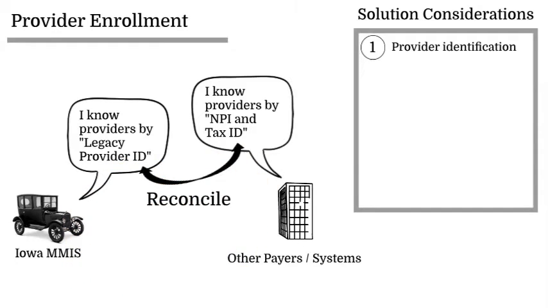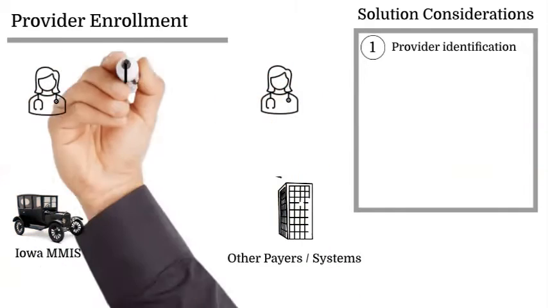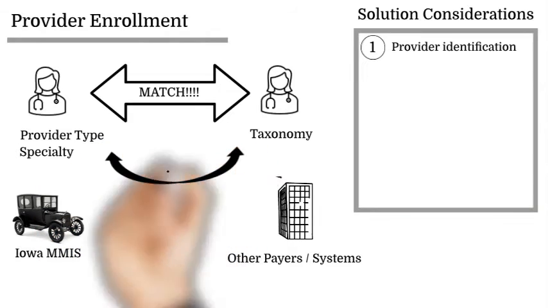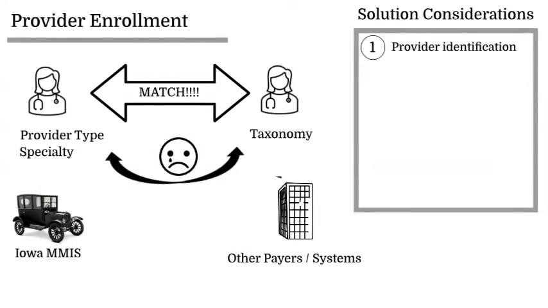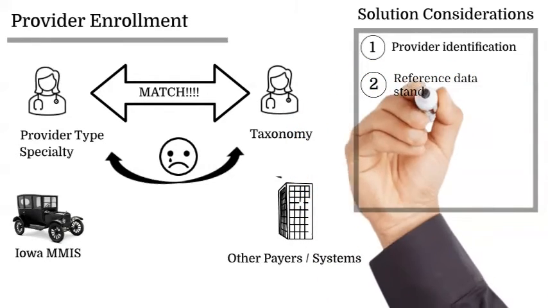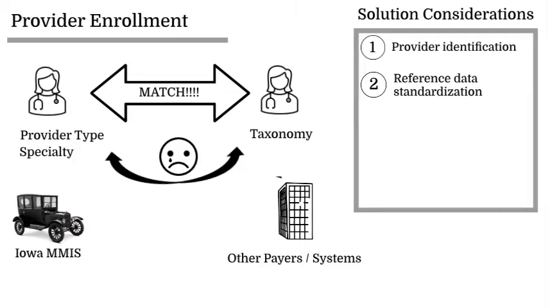Further exacerbating our data quality issues, even if we can match provider records between systems, there is no standardization between how Iowa Medicaid captures taxonomy or service information from providers and how the MCOs capture it. The same provider may be given different options to select when applying in each system, creating discrepancies. We believe standardization is also required for taxonomy and service types as part of the modernization effort.